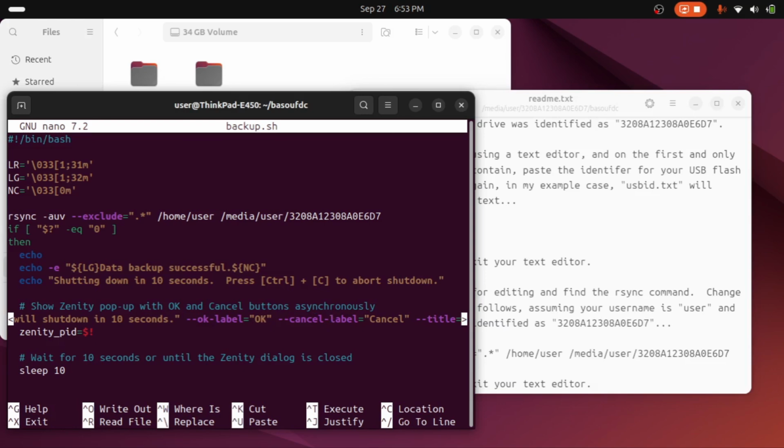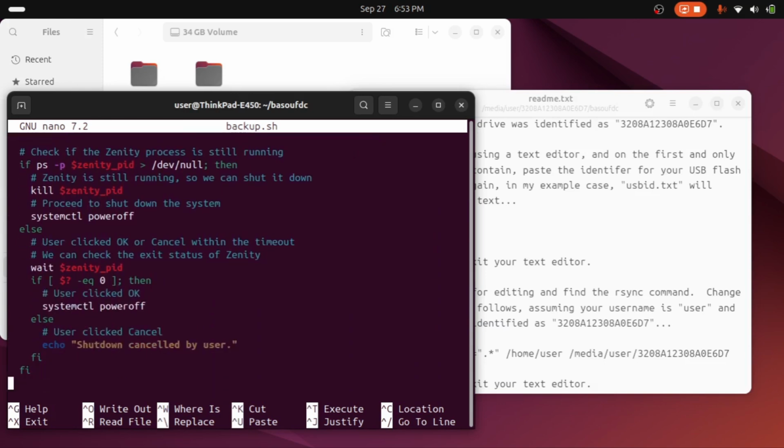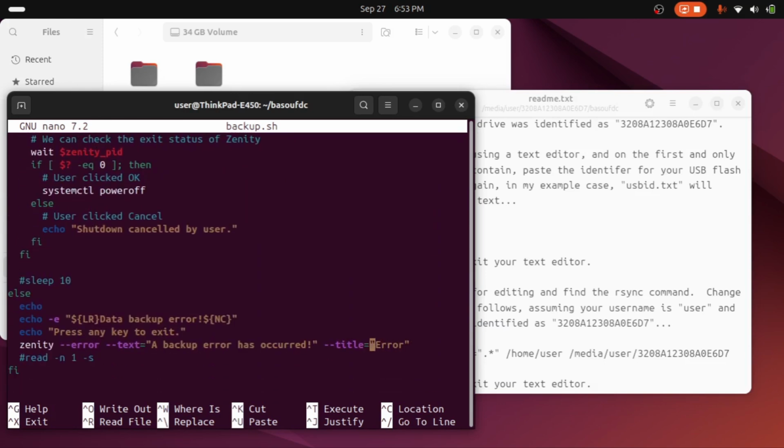If the user clicks cancel, then it will cancel the shutdown operation. Or if the user doesn't do anything, in 10 seconds it'll shut down anyway. So that's kind of what that portion of the script does. And if there's an error, it won't shut down. It'll pop up another message with an error symbol on it saying a backup error has occurred, and the system won't shut down. So that's kind of your way of knowing that if the backup wasn't successful, the system will